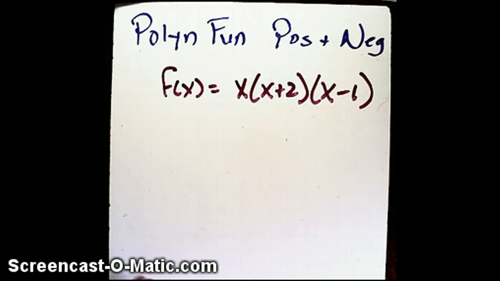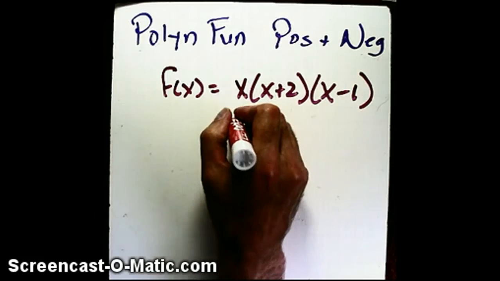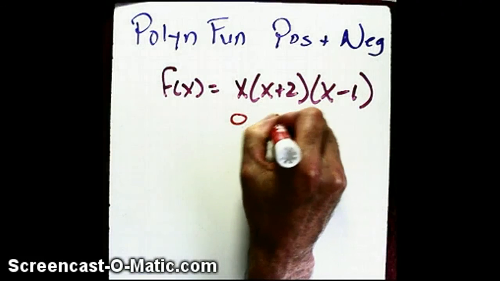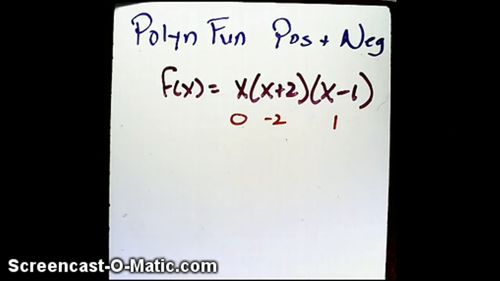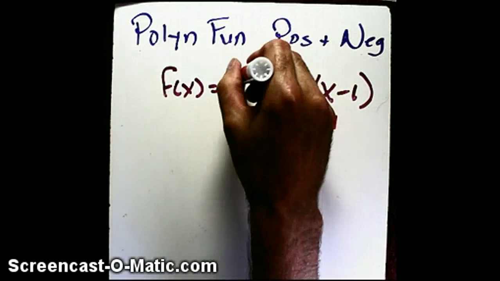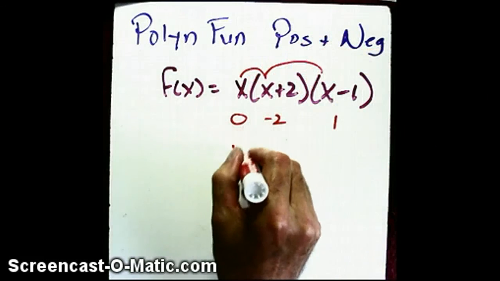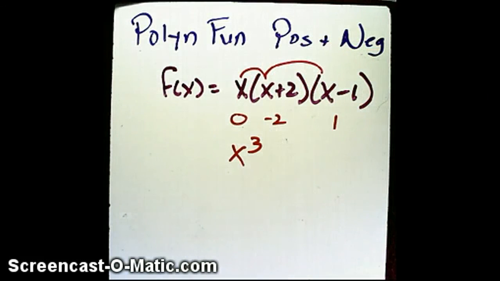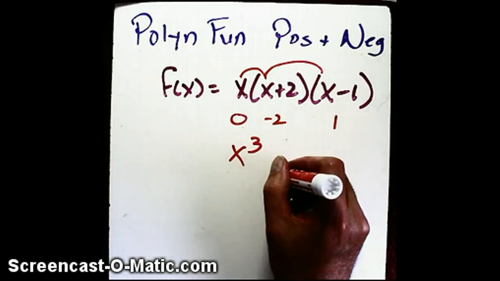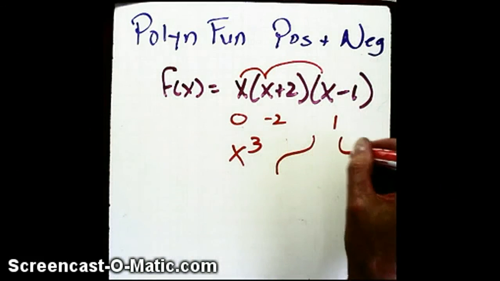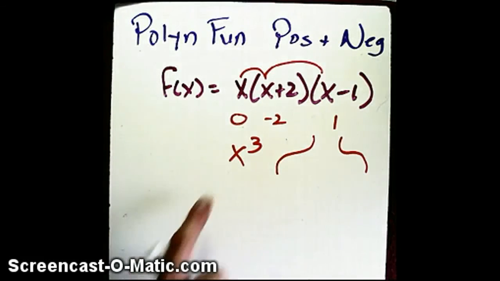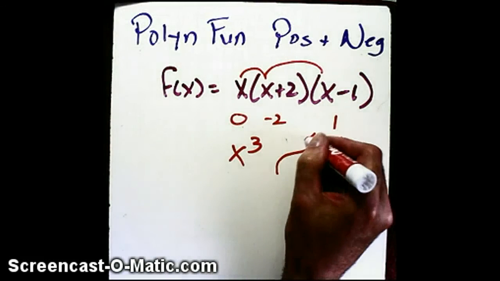Okay, I want to show you something. If we look at this function, which is already factored, right? Don't I know the zeros? Yes, 0, negative 2, and 1. Also, don't I know the leading term? Yes, it's x times x times x, which is x cubed. Do I know the constant? Actually, there isn't a constant there, but good guess. Now, x cubed, well, if it's positive x cubed, it looks like that, and if it's negative x cubed, it looks like that. It's positive x cubed. So the curve is